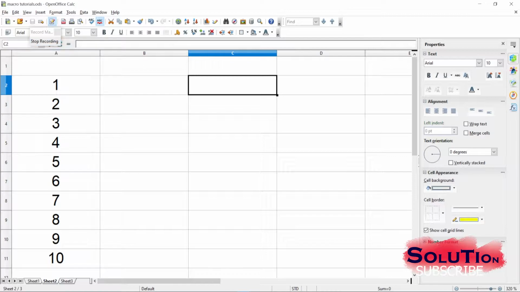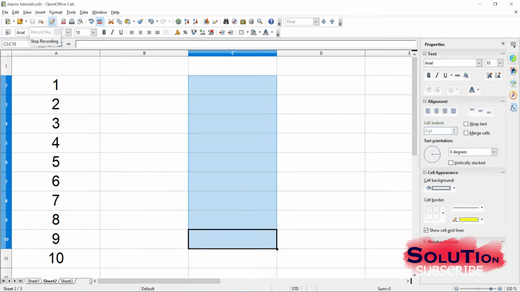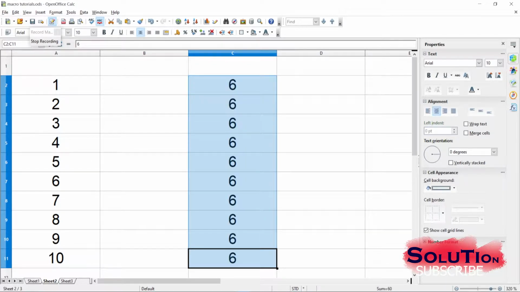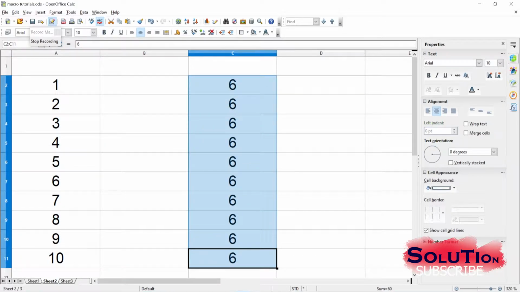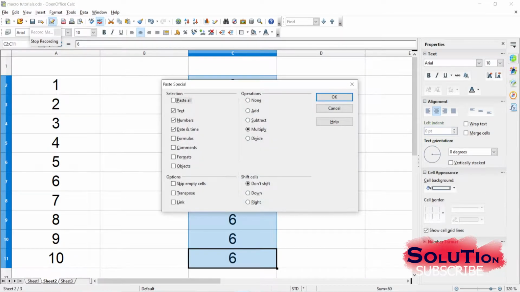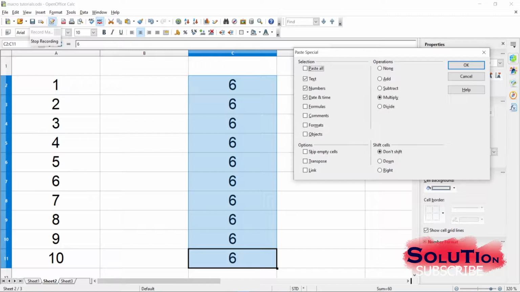And let me select the cells, the group of cells, all the 10 cells, and paste there. So 6 is there. You can copy any cell, but before recording you have to do this. Once I have done this, now come back and select 1 to 10 and copy it. Go back and select the cells, right click, paste special, and under paste special I am selecting